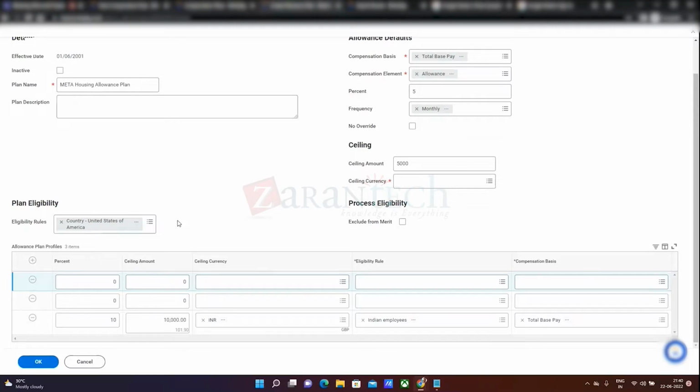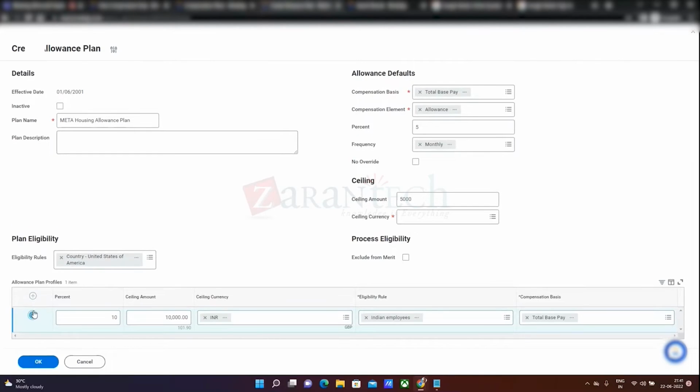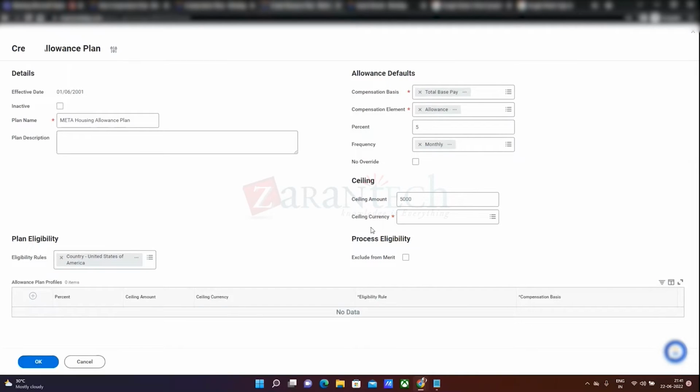Whether it is a subset or not, you will have to define it accordingly, or else Workday will not correctly default the values for the workers. So the person who is creating this should be cognizant of what the eligibility rule is giving, and whether these rules are the right subset or not. So that is about the percentage based allowance plan. I'm just going to remove this for now. I'm not defining any ceiling amounts. Okay, so we created